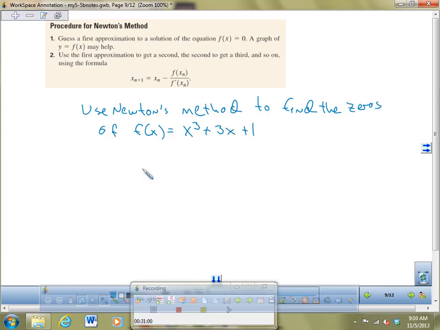Okay? So, the first thing you want to do is get the first approximation to the solution